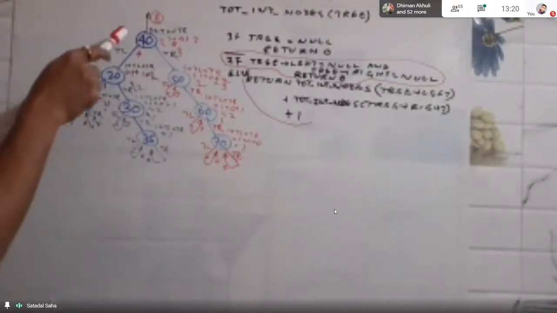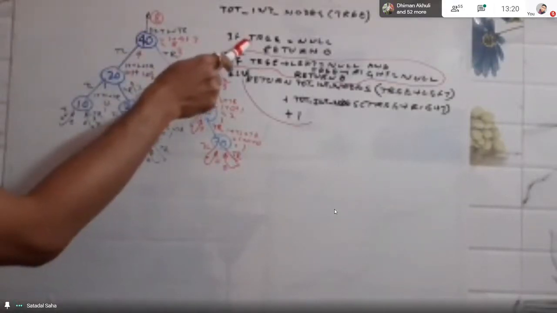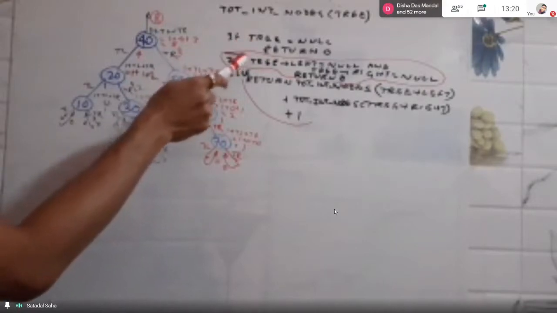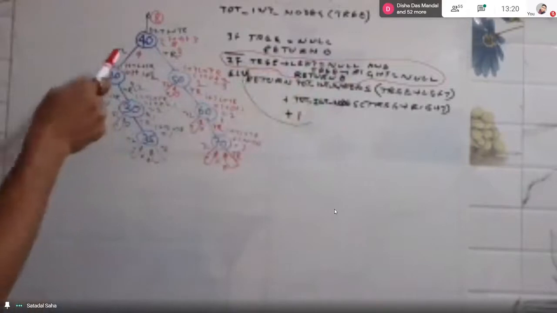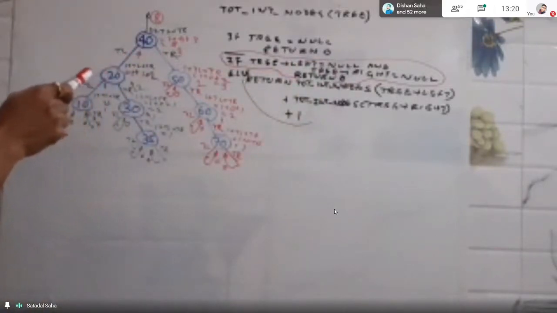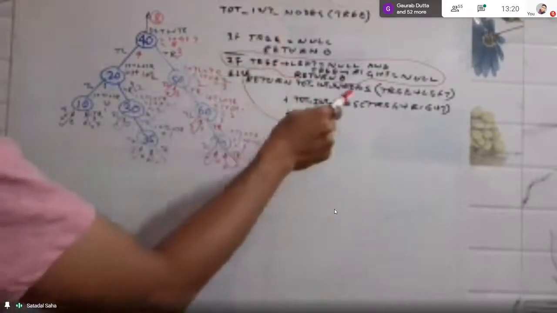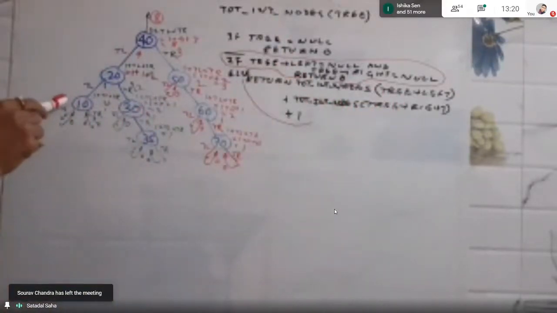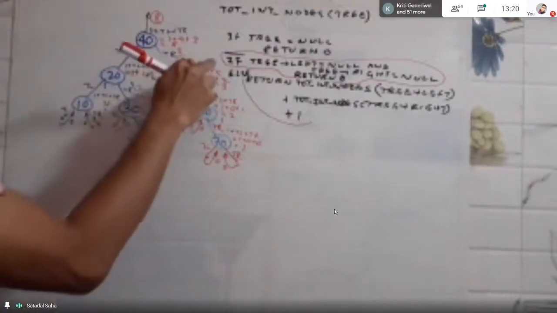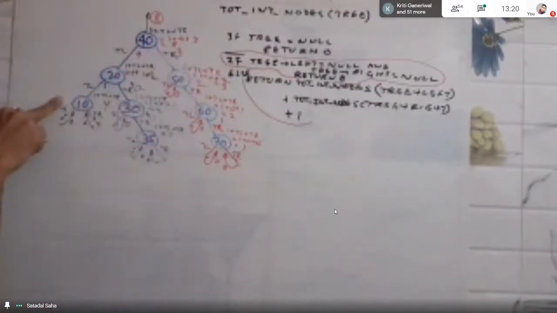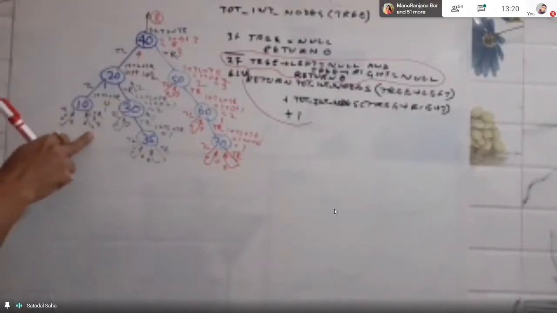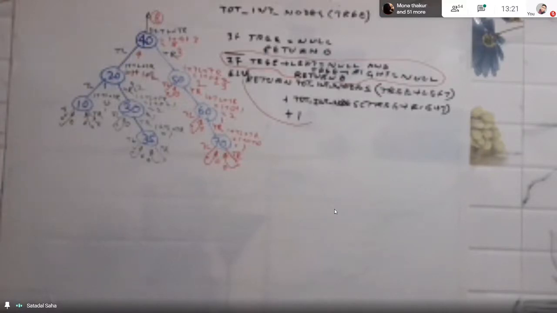So now if we recap, sitting at 40 it will be not null, and the if is not true because left and right child both are present, so it will call 20. Sitting at 20 it will call 10. Now sitting at 10 it will not call the function with the left and the right child, because sitting at 10 this if condition is true, because its left child is null as well as its right child is null.